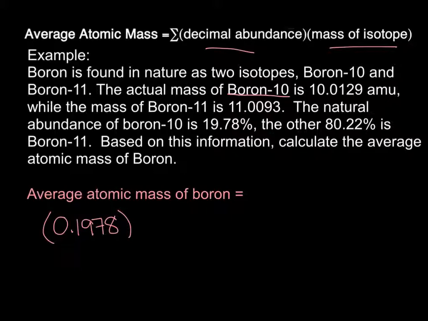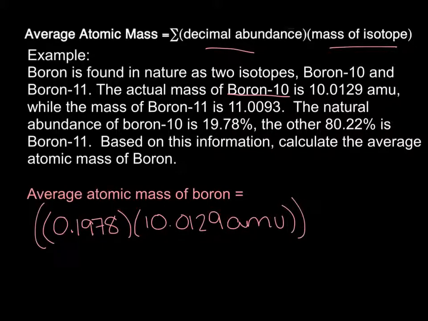So that is the decimal abundance, and we're going to multiply that by the mass for that isotope, which is 10.0129 AMU. Now we're going to do the same thing for the other isotope, and then we're going to add them together. So 80.22% is 0.8022, and then the mass for that was